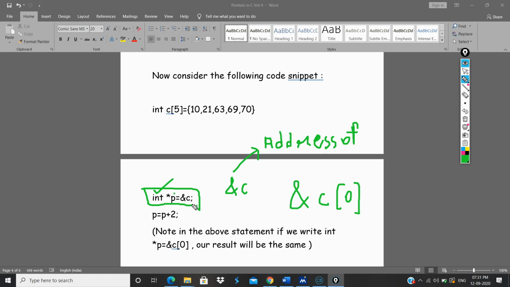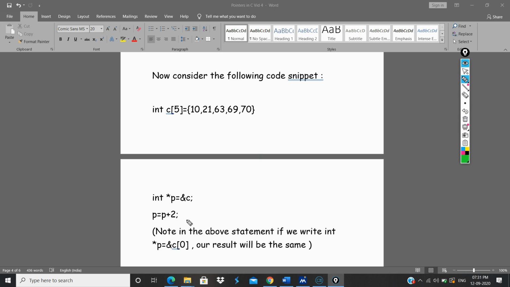The resultant would be the same, which means p in this case is also pointing to the first sub block of the array. And if instead of this I had this particular expression, then also p would be pointing to that first sub block of that array, because p is a pointer and this is a declaration statement of a pointer. So next, now our main concern is this.